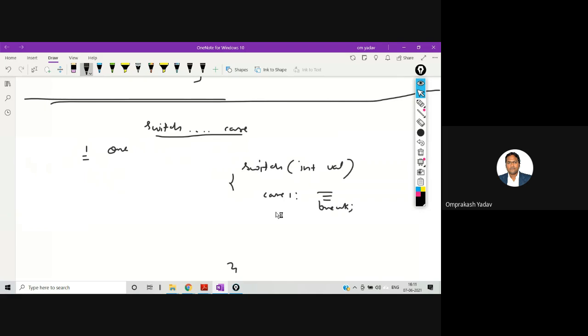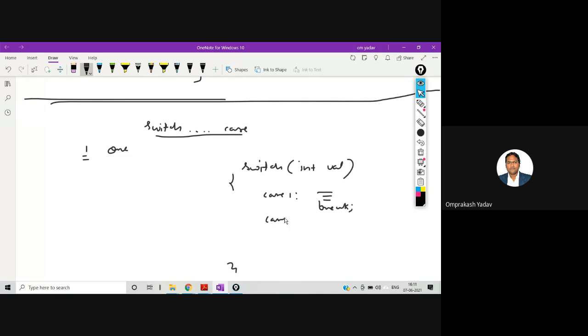Otherwise, after going to case number 1, it will not break from there, and it will also execute the further cases, which we don't want, right? Because based on a certain value it must execute only one case, it should not execute all the rest of the cases. So we must write the break statement.